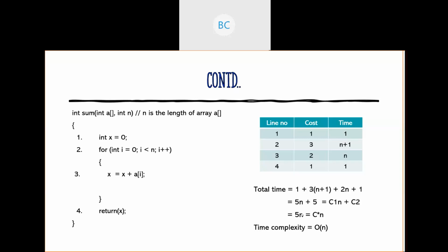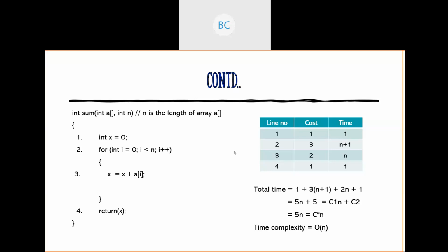In this 5n we can take 5 as a constant c, and c remains the same. So the time complexity will be order n. I'm going to show you the easy way to calculate time complexity, but here I'm showing the proper way because you should also know the basic concepts of how it actually works.